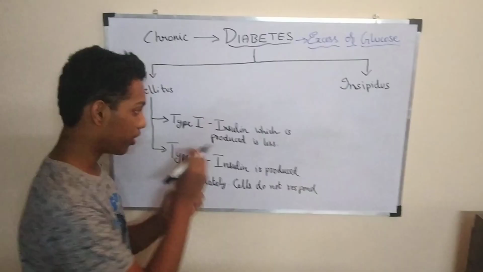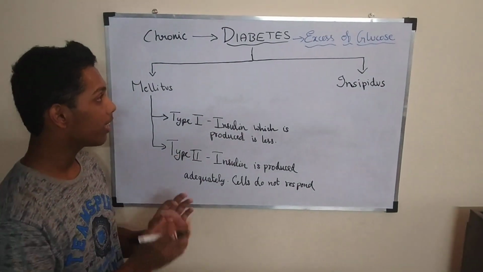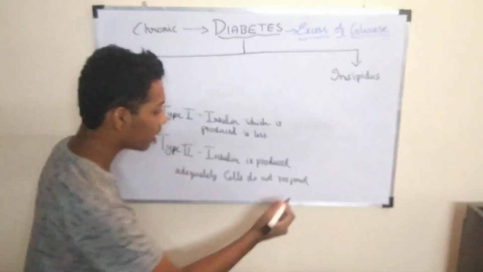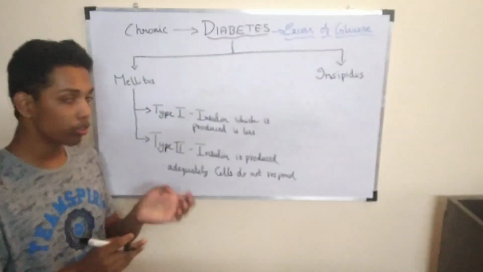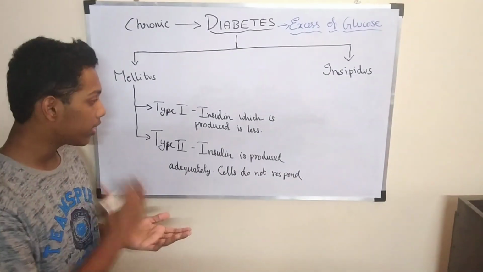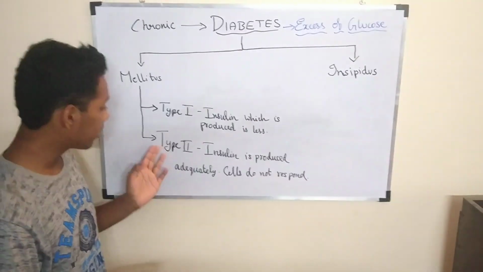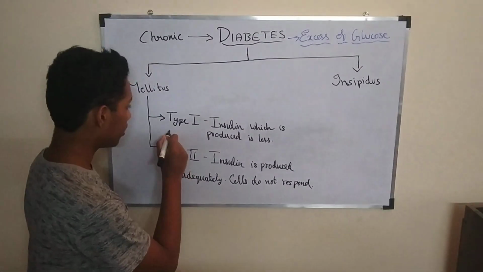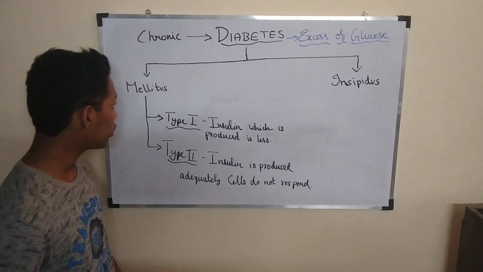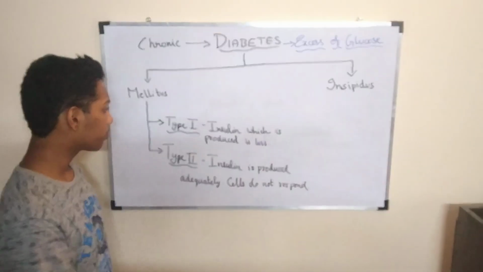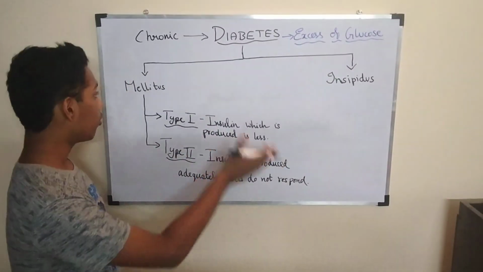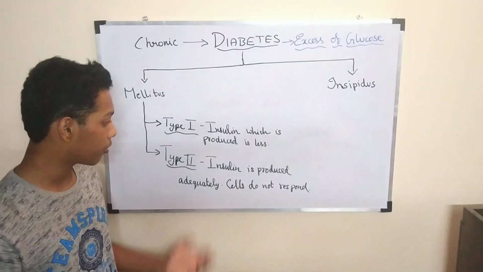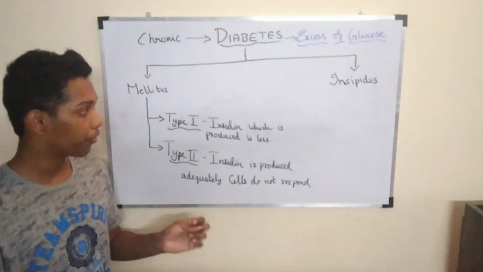Here insulin is produced very little, so you can conclude that there is still an excess of glucose in the blood. Here insulin is produced but the cell does not respond. So the cell will not carry out the functions of insulin, right? It wouldn't convert glucose to glycogen. So still there will be an excess of glucose in the blood, which again causes diabetes. So this is the type 1 case and the type 2 case. Both come under diabetes mellitus. I'm sure you understood how type 1 cases are affected by diabetes. Type 2 cases have a different cause, but they still get affected by diabetes.